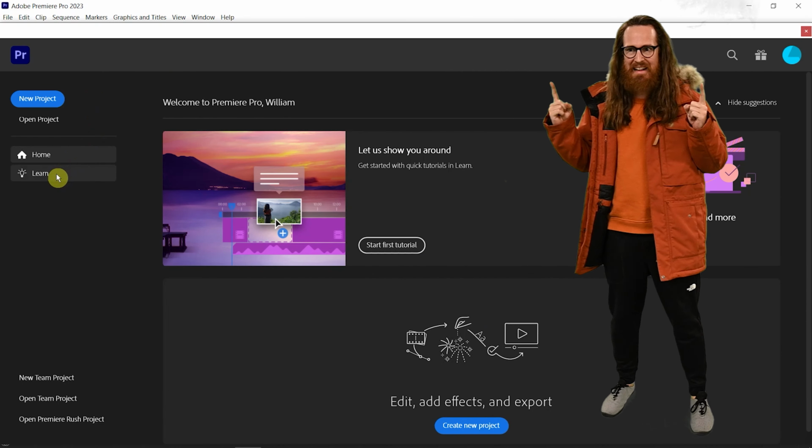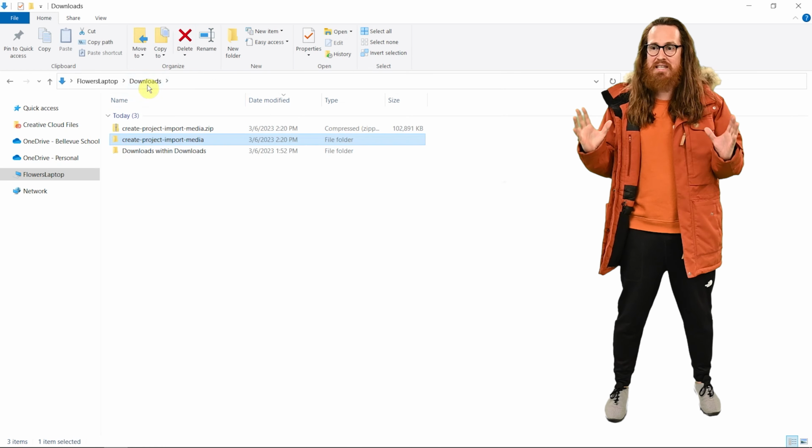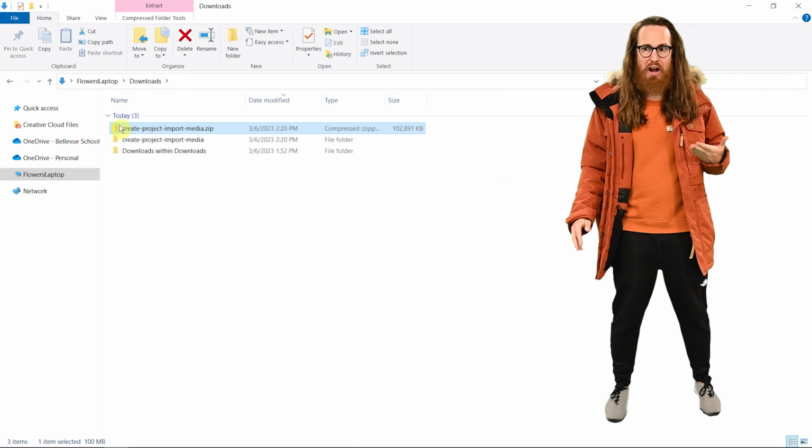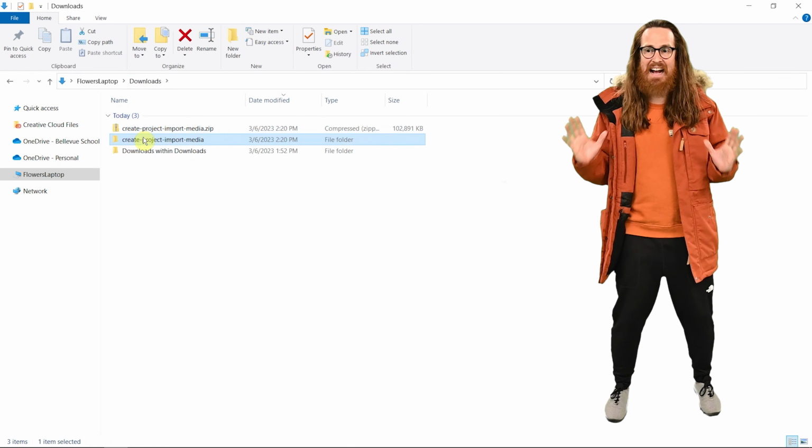Once it's completed, click on the zip folder, expand the window, and notice up at the top, we still need to extract it. Click on Compress Folder Tools, then Extract All, then extract one more time to unzip or extract that folder. That'll open up this folder right here. Make sure it's full screen. If you click on Downloads, you'll notice the difference between one that has a zipper on it and one that is unzipped or uncompressed. So double click in here, then double click twice, and to create project and import media, here